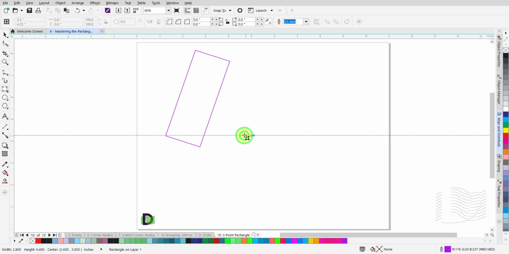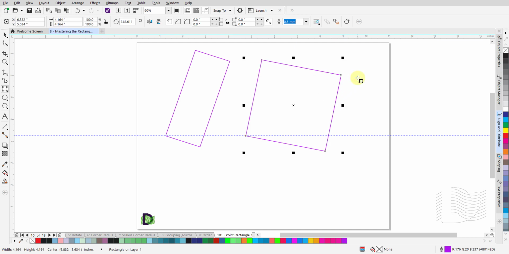To draw a square, left-click and hold the mouse button at the start point. Drag the mouse diagonally. When you get to the end point, release the mouse button, press and hold the Control key and move the mouse diagonally, up or down. You will see a square form. Left-click once when you have the right size. Release the Control key.